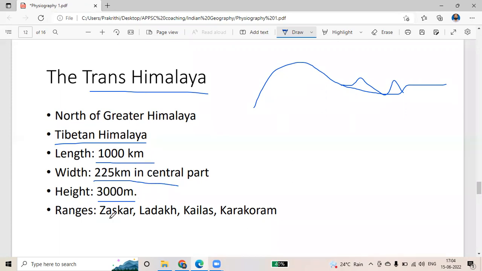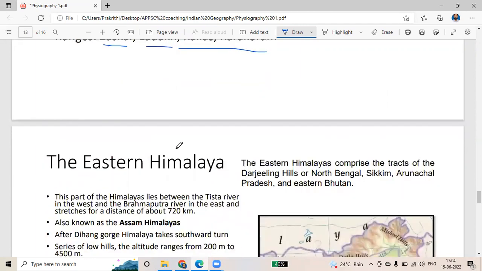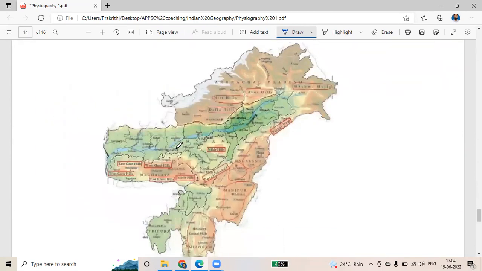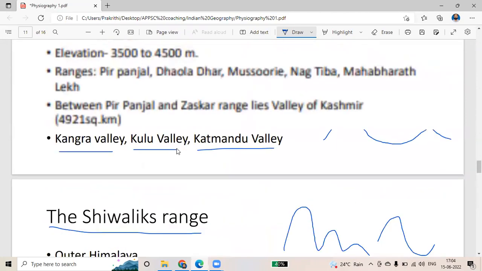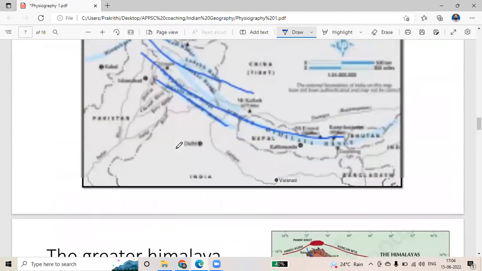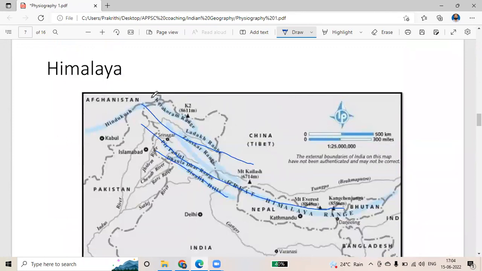तो मेजर ज़ास्कर रेंज, लद्दाख, कैलाश, काराकोरम रेंज, ये सब actually the northern part of Greater Himalaya है, as comes under the trans Himalayan zones. So this is the trans Himalayan region. If you look at this picture, you can see this area is the trans Himalayan region, then the Greater Himalaya extends, पूरा यहाँ तक extension है इसका।